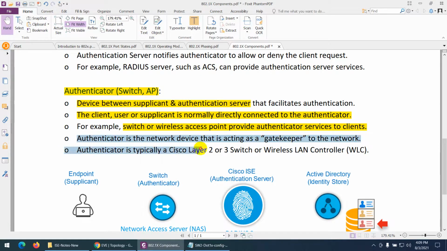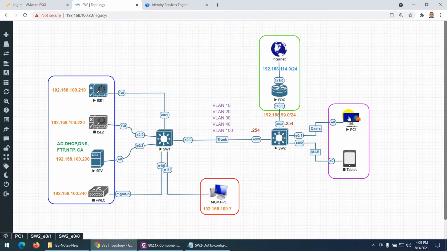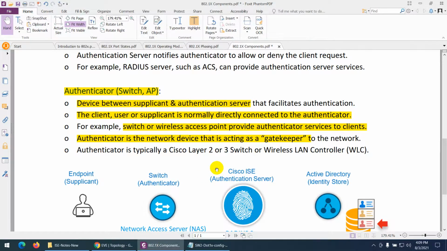So authenticator is a device acting like a gatekeeper. This device will never give access to these devices until it's approved by ICE. He is like a security guard. They say, okay, let me check. If he allows you, I will allow you. Normally, authenticator is typically a Cisco layer 2 or layer 3 switch, wireless LAN controller, or access point. So this is called authenticator.